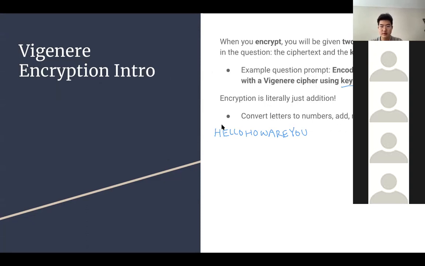But basically the first thing we want to do is write out our plaintext as it's given. So, hello, how are you? And then the keyword is basically something you add to the plaintext. It's kind of hard to explain, but our keyword is loca. You want to write your keyword directly below or directly above your plaintext,